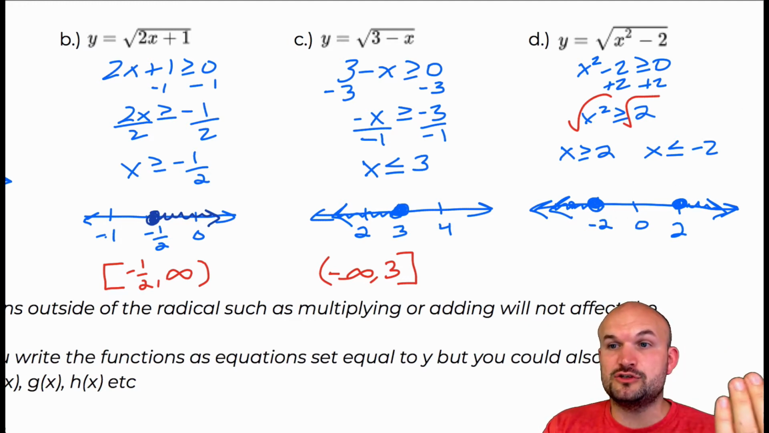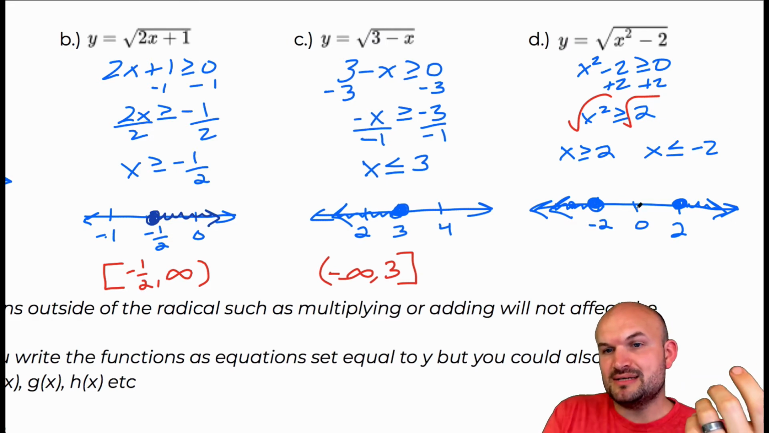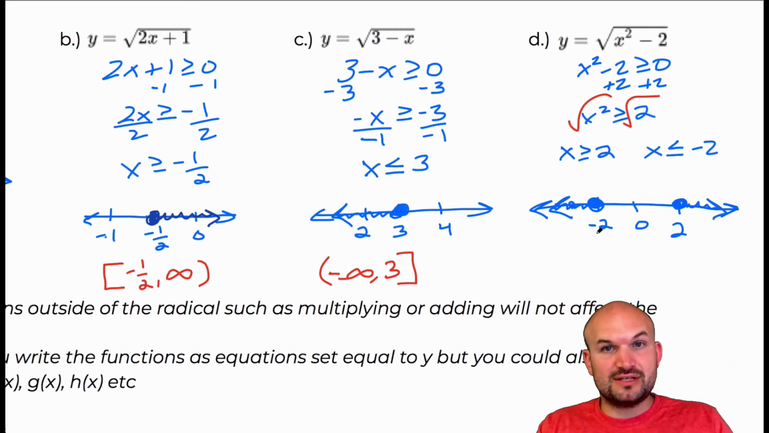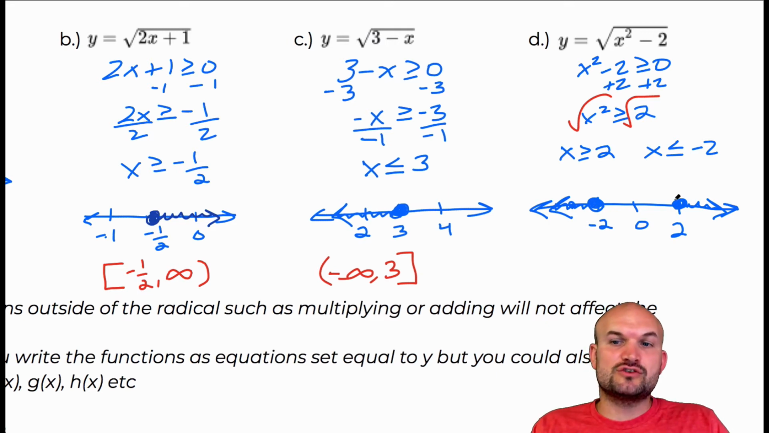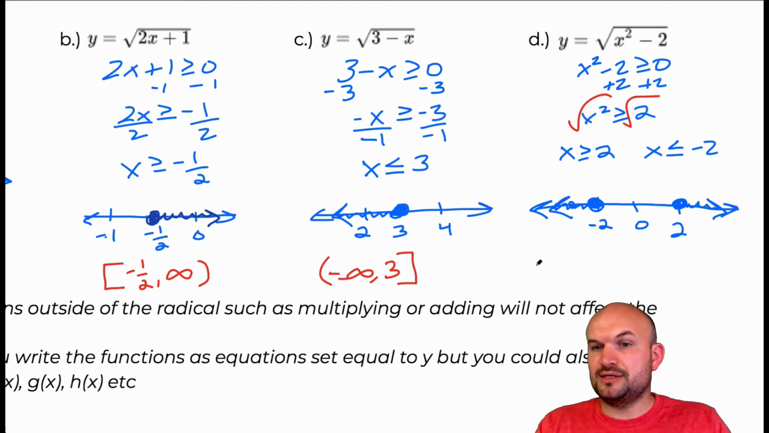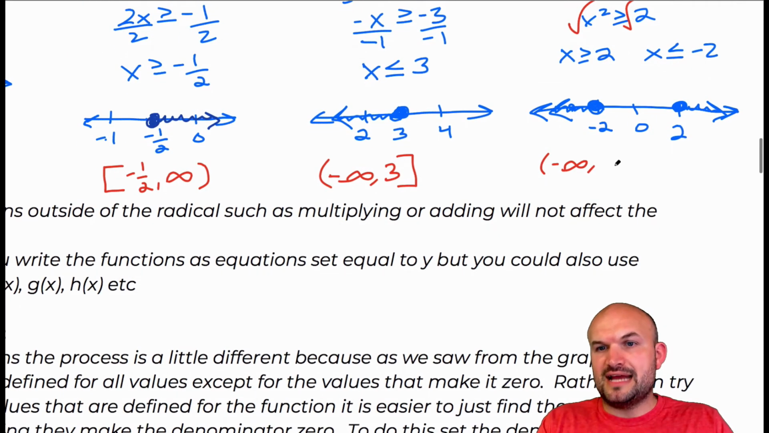Now, writing the domain sometimes gets a little tricky. You can see here we have two versions of our graph, right? We have the version where x is less than or equal to negative 2 and the version where x is greater than or equal to 2. So we're going to do them separately. If I was just going to write the domain for this graph right here, I would say negative infinity to negative 2. And if I was just going to write the domain here, I would say from 2 to